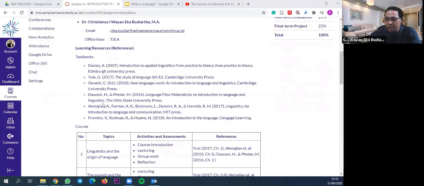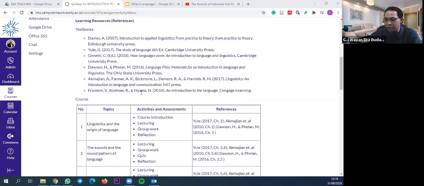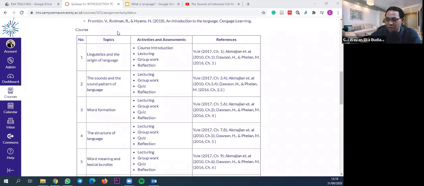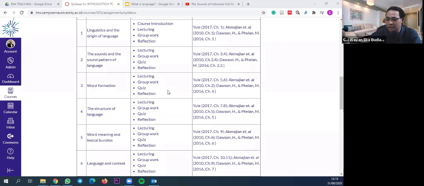Textbooks are available here. If you go back to the home page later on and click on the textbook, then the PDF link is available once you click on the names. Actually, later on, I'll show that to you. So this is in general the activity. I just made a template like this, but later on, I'll try to figure out some activities